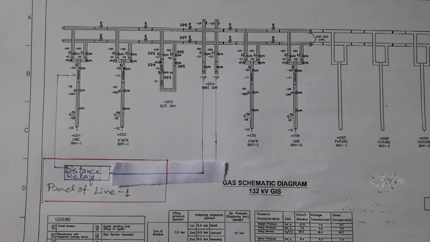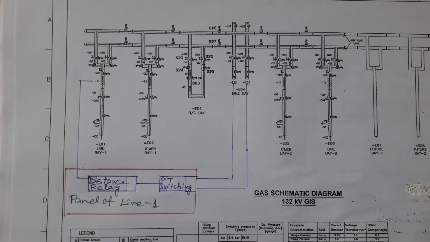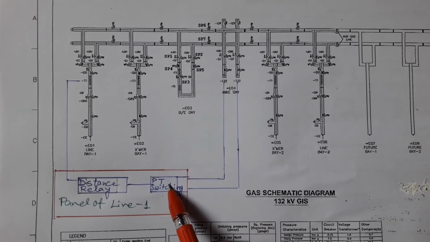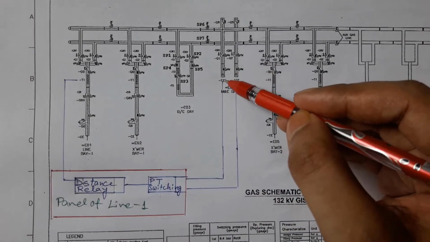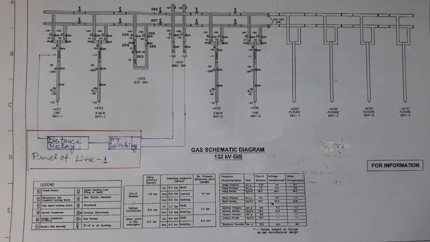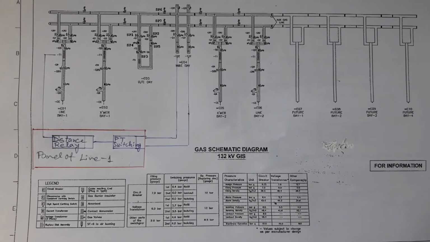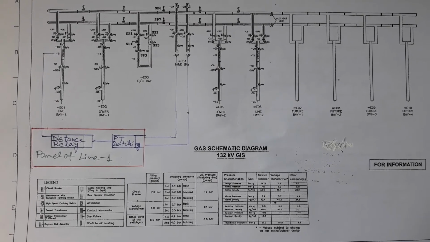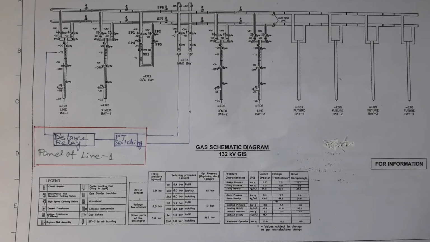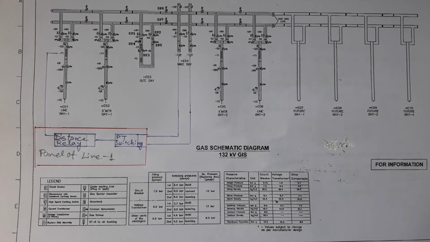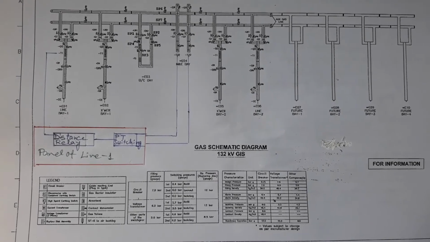So we need a switching relay which will connect the distance relay with the proper bus PT depending upon system configuration, and this is the block diagram of the PT switching relay. This switching relay can connect distance protection with PT1 or PT2. But how does the PT switching relay take the decision about which PT connection should be established, or how can PT switching understand whether the bay is connected with main bus 1 or 2?